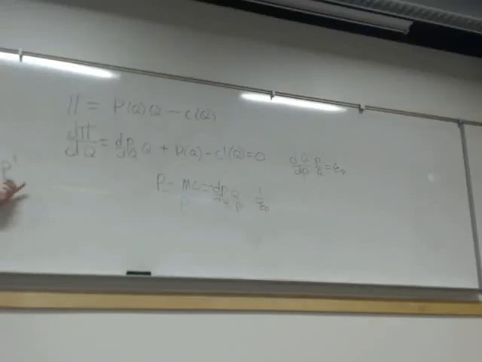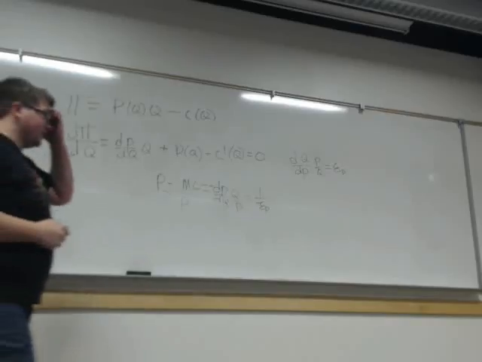P prime makes sense to you, right? And 1 over p prime makes sense to you. Those both make sense as expressions. So it's the same thing as writing this, and this is the same as writing 1 over dp/dq. Yeah, but it's just weird to me that you can flip them. But I guess essentially it's like solving the equation for q as your right hand side variable and then taking the derivative. It's like what you do when you're separating them.